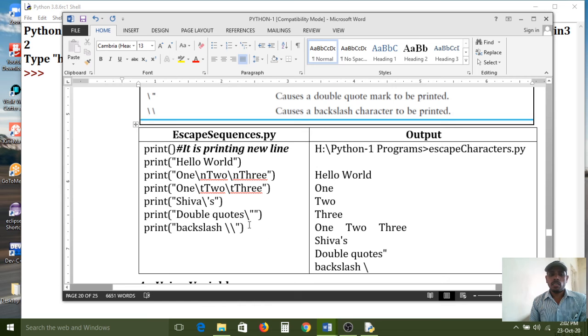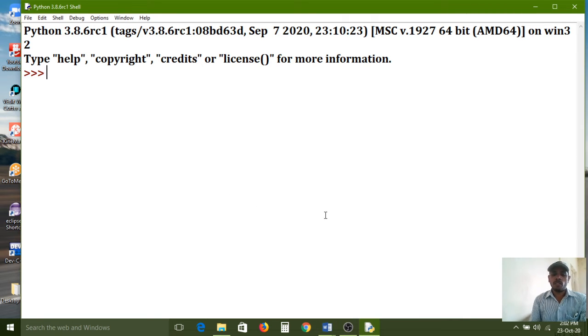Next, a few examples I have given. One by one I am executing. I am passing the print function without any argument, just simply using it. In between the brackets I don't configure anything. For your understanding, I want to show the result. What is it printing? It is printing a blank line of space.